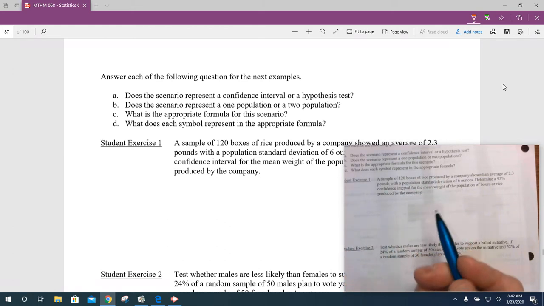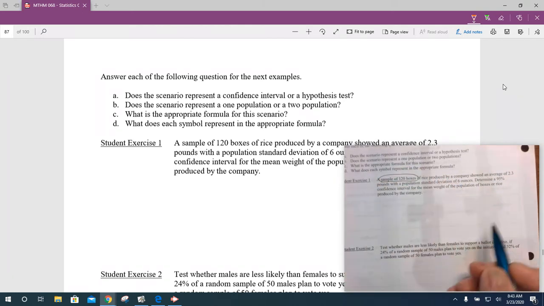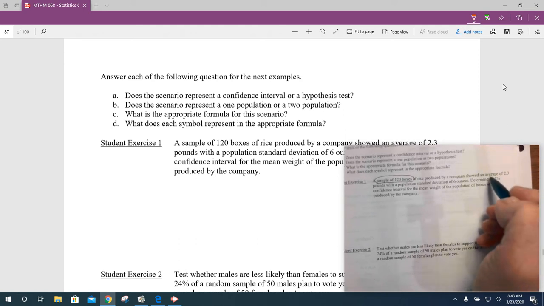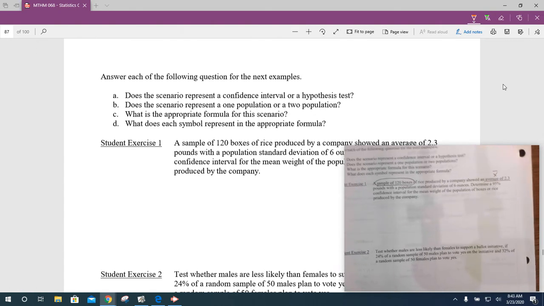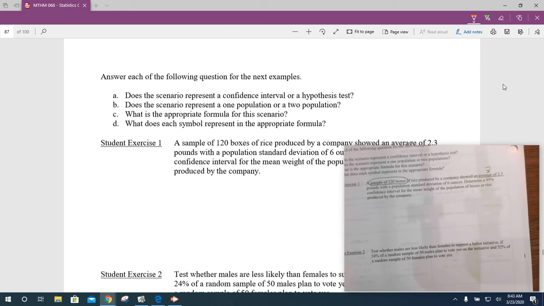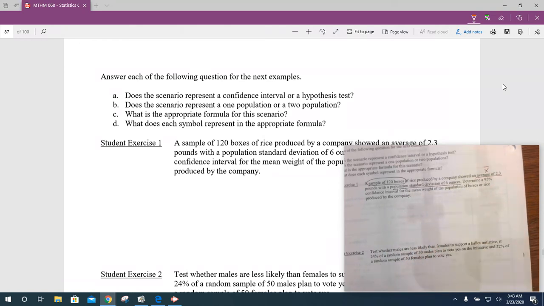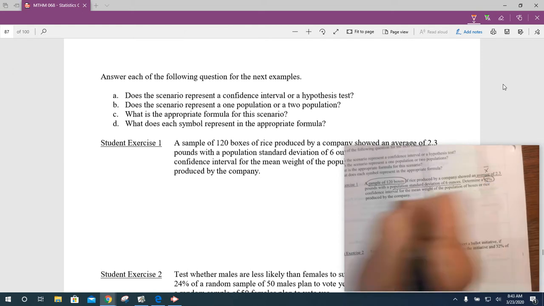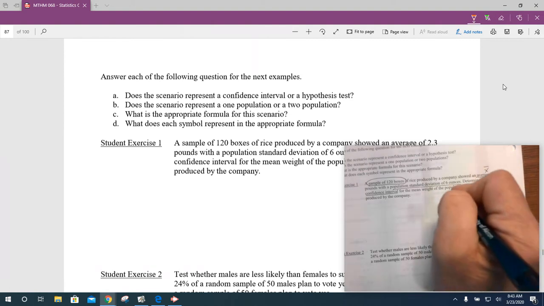So first of all, in a sample of 120 boxes, okay, so we have a sample of 120 boxes. That's important. Of rice produced in the U.S. shows an average 2.3. That's an X-bar statistic right there. These are exactly how I would answer the question if I were a student looking at this particular question. Pounds with a population standard deviation of 6 ounces. Determine a 95% CI, right there, for the mean weight for the population of boxes of rice produced by the company. Okay, so we have one